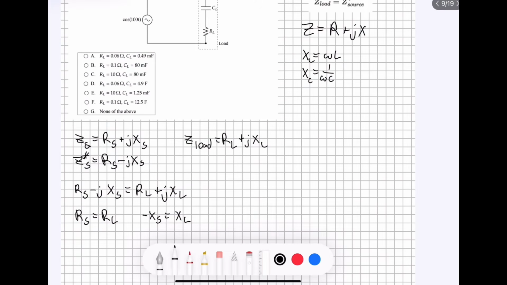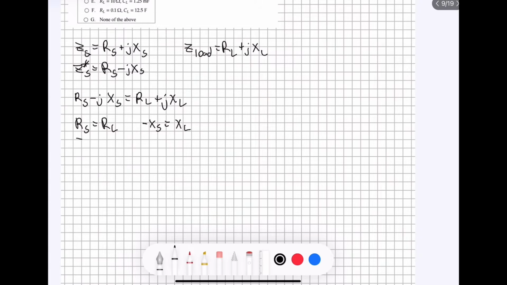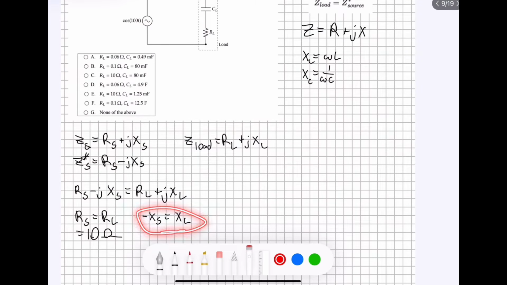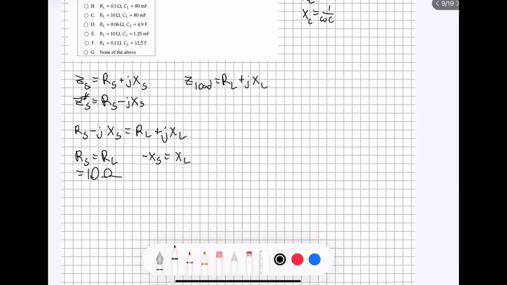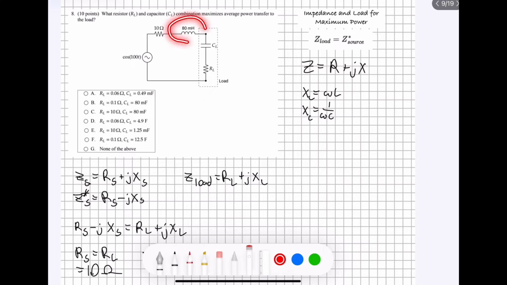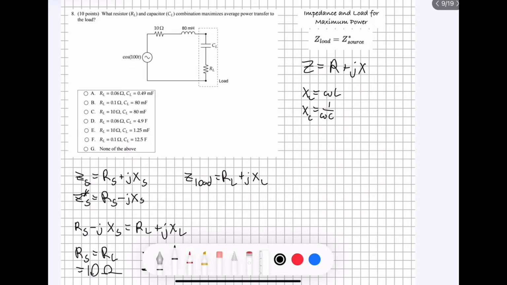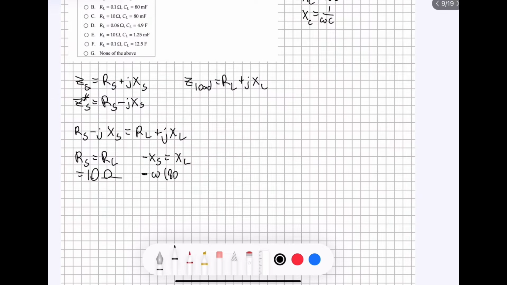All right, we're given the resistance of the load, that's right here in the circuit. So we know that both of these are going to be equal to 10 ohms. And then here, in order to find the reactance of the load, we need to use our reactance equations. We know that because the source contains an inductor, we're going to be using our inductor equation. So negative omega times L, which in this case is 80 millihenries,